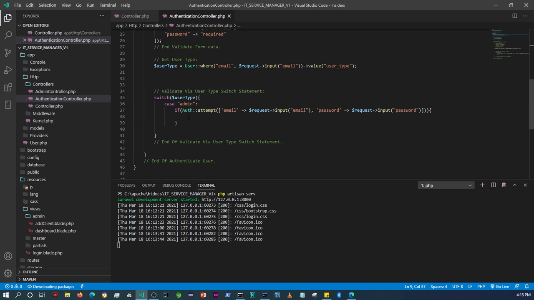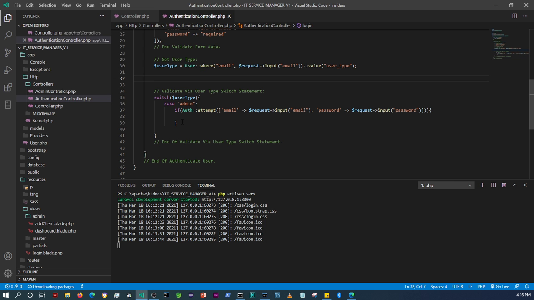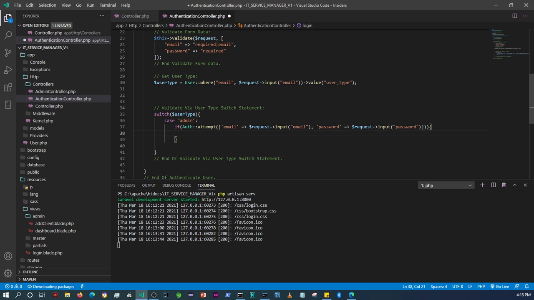Okay, so with this here, oh yeah, but by the way, the other thing that we need to get is the verified field. As you can see here, the verified column is set to 0. This is for users who have not yet verified their user account via email and so forth. But we will get to this at a later stage. So what I'll do now is, if the information the user has provided here is correct, then I'm going to say verified